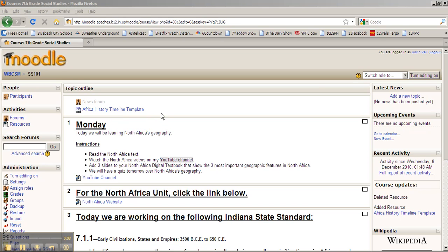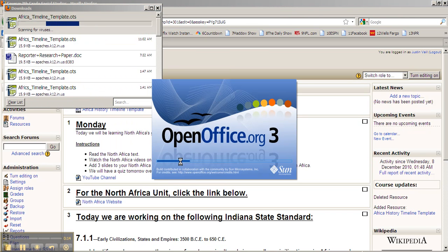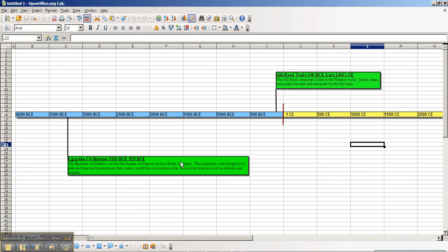First thing we're going to do on my Moodle page, we're going to click on this link, and this box will pop up. Go ahead and hit OK. And here's the timeline template. This is something you're going to start from, and you are going to add events, but